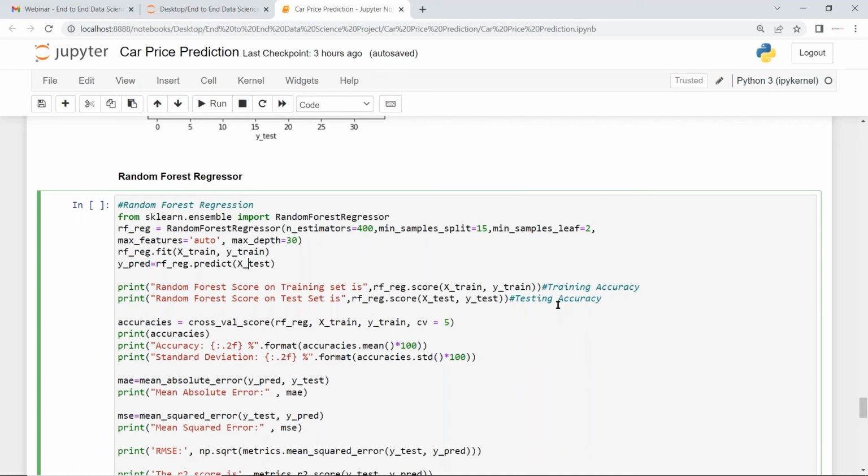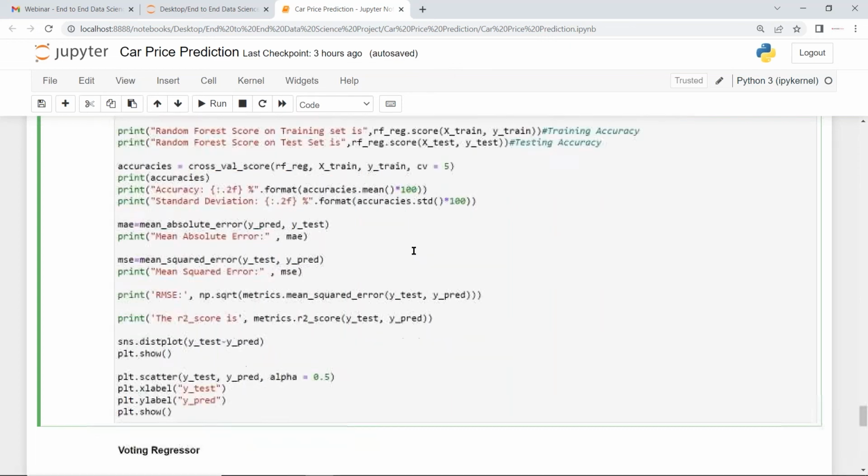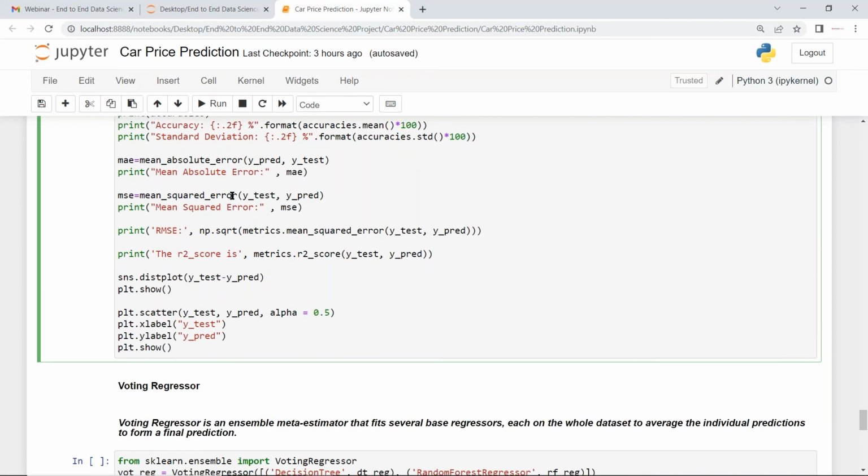And see, again I'm doing the same thing: finding the training accuracy and the testing accuracy by using the score methods. Then I'm going to find the cross validation score, then the mean of all these cross validation scores as well as the standard deviation. Then I'm going to find the errors: mean absolute error, mean square error, as well as the RMSE, root mean square error, as well as the R square. And the same distribution plots for the error,